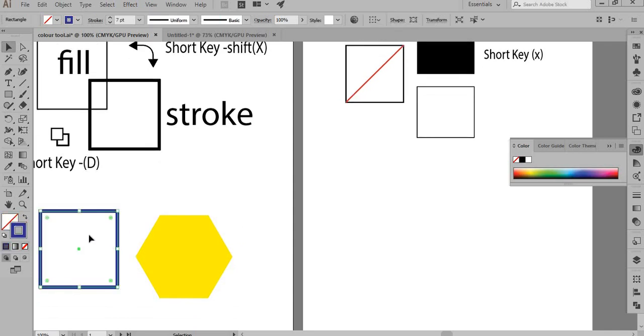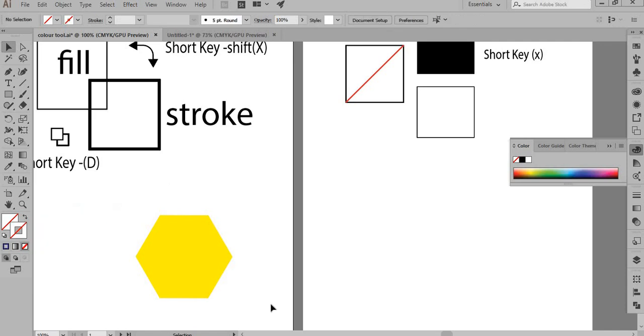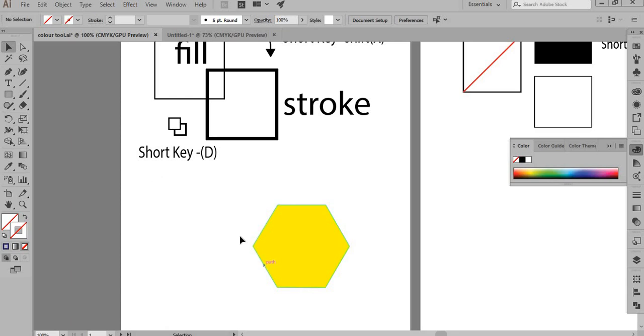But there are certain mistakes that also happen, like you always tend to work like this, and when you're working like this, you won't be able to see anything. So you feel that you haven't drawn anything, but when I move my cursor around it, you see there's an invisible line here, so there is something actually drawn.